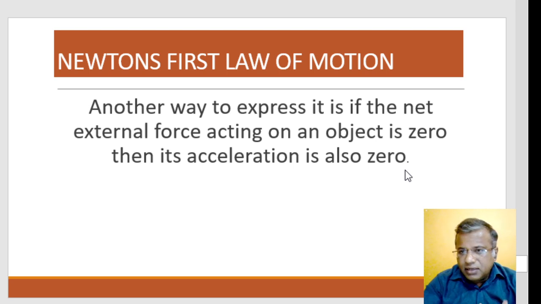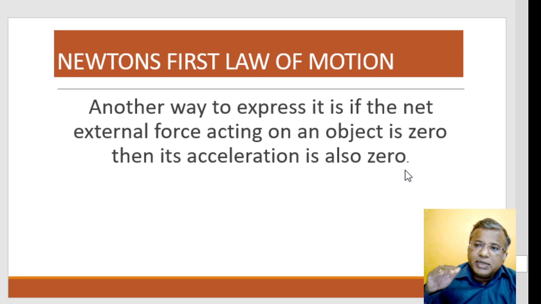Before we try to understand it, there is another way of understanding Newton's first law, very nicely given in textbooks. The object will have zero acceleration, because you are going to solve a number of problems based on this concept also, if the net external force on that particular object is zero. So zero acceleration doesn't mean its velocity is zero. It can have a constant velocity, just like an object going in space.